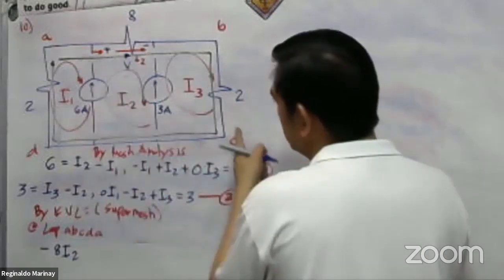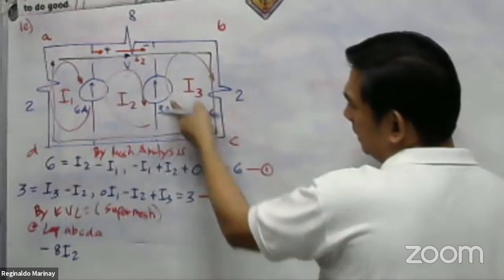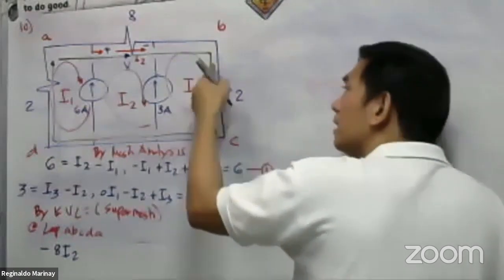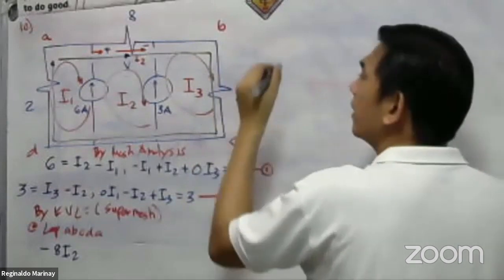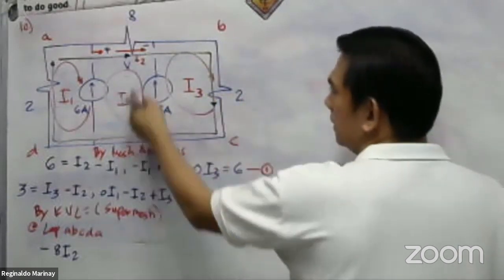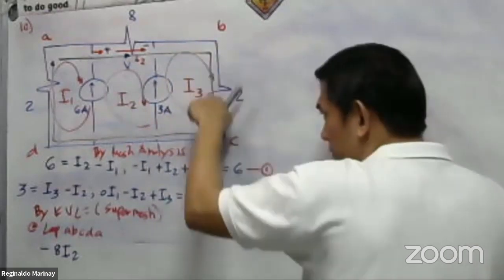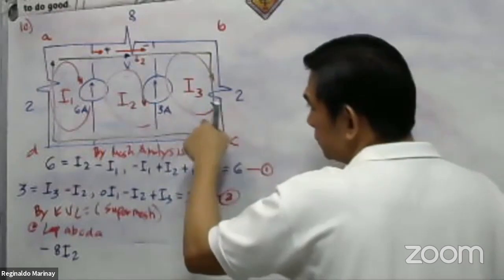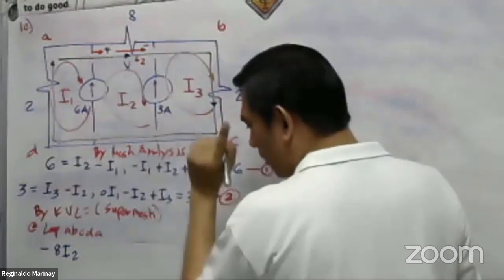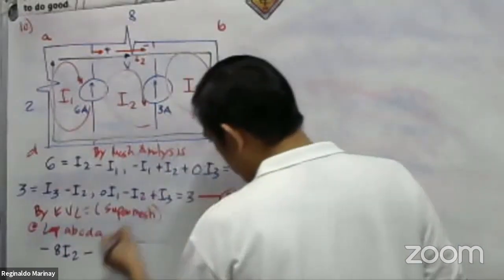What about the 2 ohm resistor here? The current flowing in the 2 ohm resistor is I sub 3, and remember that our I sub 3 is going downward. Our circuit tracing, the black marker here, is downward. Then our I sub 3 is also downward, one direction, one line. So we have here 2